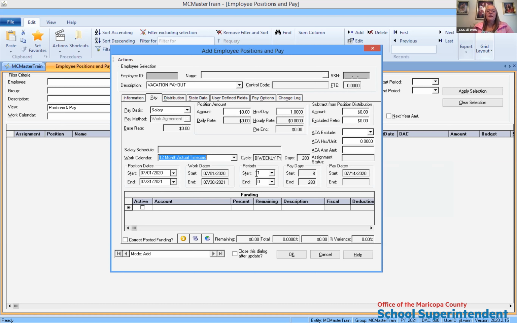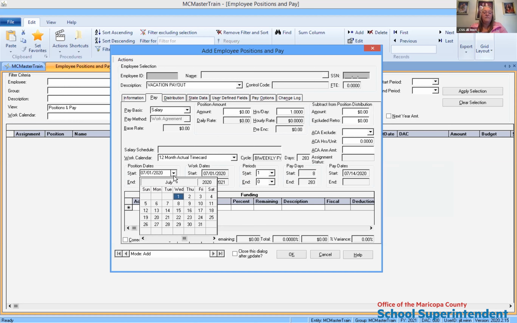Now for the position dates and the period dates, you do need to select something. You want to have it as one starting and ending date. Typically what I recommend would be the starting and ending date within the pay period that you want to pay this out. And you can always come modify it for the next time I'm doing vacation payout. But for the sake of this, we're going to put it into